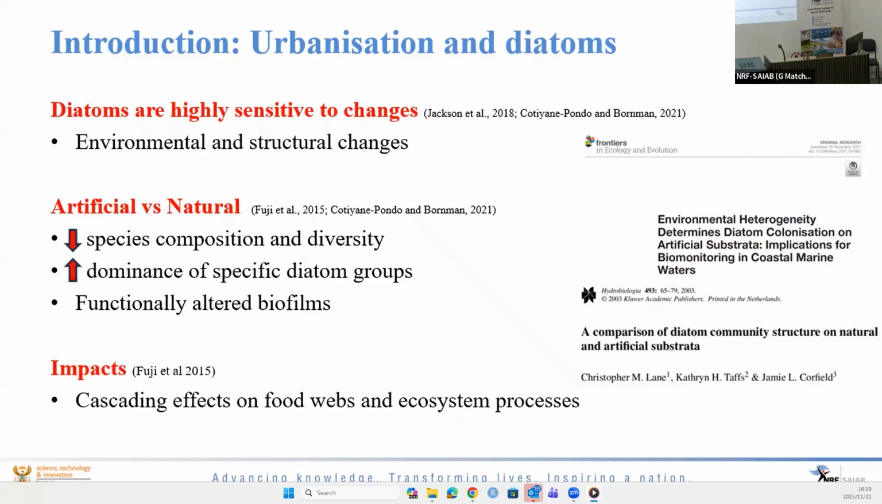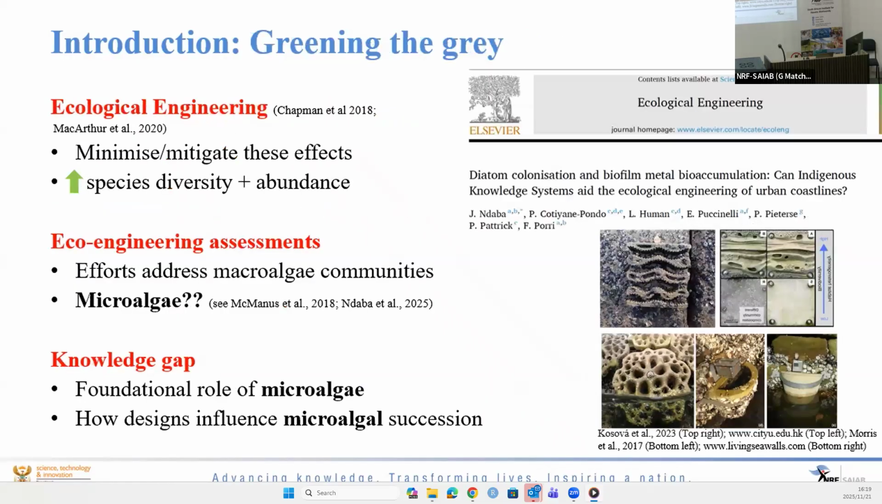So numerous studies have indicated that diatoms are highly sensitive to environmental as well as structural changes, with comparison between artificial versus natural environments indicating reduced species composition and diversity, as well as an increase in the dominance of specific diatom groups on artificial substrates compared to natural, leading to functionally altered biofilms. So these changes have a negative cascading effect on coastal food webs as well as ecosystem processes. So in order to mitigate or minimize changes in habitat structure, ecological engineering aims to restore structural complexity on artificial